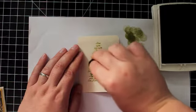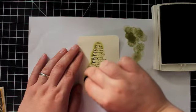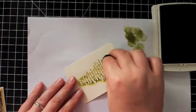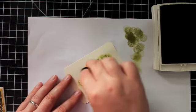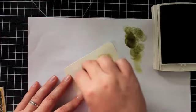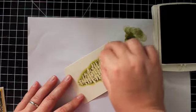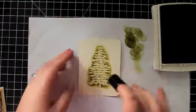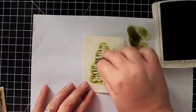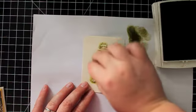And I'm just going to kind of work in a circular motion and just sponge this ink so that the darkest part of my sponging is around the outside edge of the tree. And then you can go back in if you want to make it just a little bit darker. Remember, you can always add more ink. And I also like to control the amount of ink that I'm laying down on the paper with the pressure that I'm using. So as I work my way out here, I'm going to keep sponging, starting in the center every time. And I'm going to work my way out